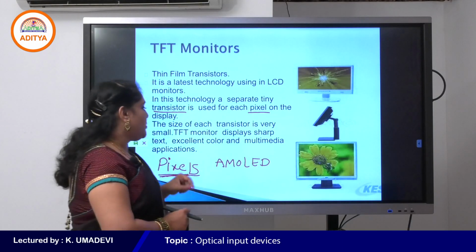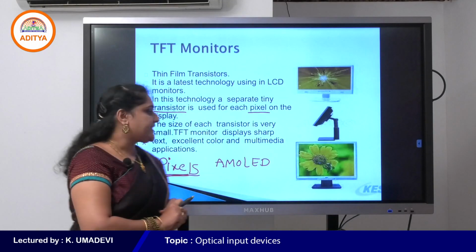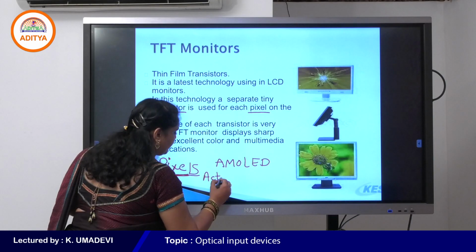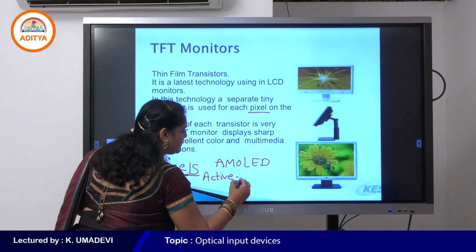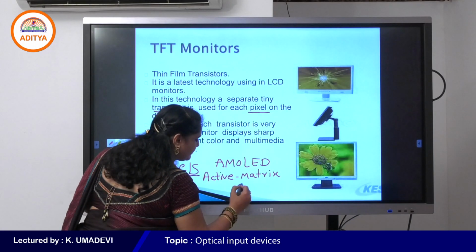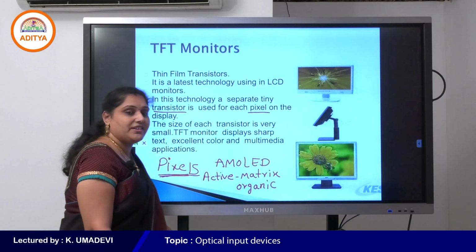AMOLED stands for active matrix organic light emitting diode.